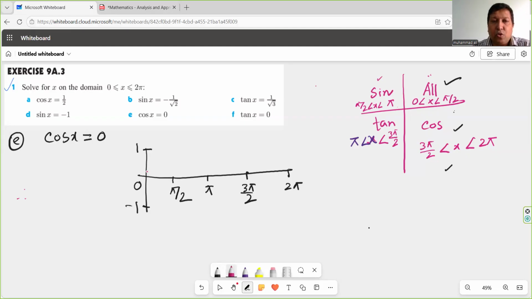When x value is 0, cos x equals 1. When x value is pi by 2, cos x equals 0. When x value is pi, cos x equals minus 1. When x value is 3 pi by 2, cos 3 pi by 2, the result is 0. When x value is 2 pi, cos x equals 1. So if we sketch this curve,